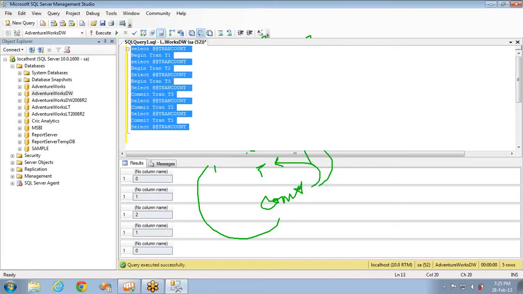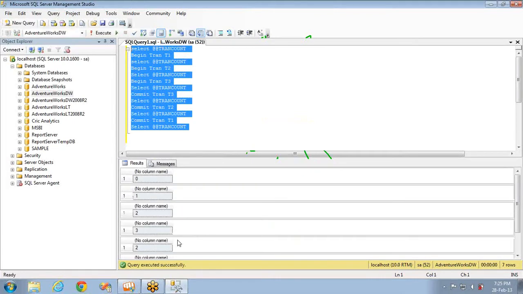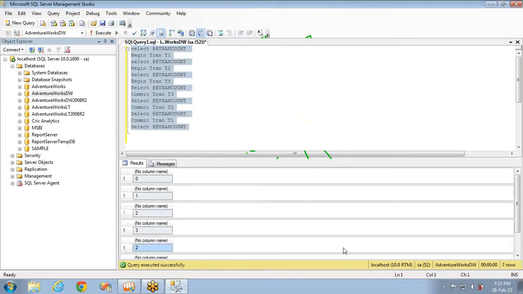Now it will be 0, 1, 2, 3 and 2, 1, 0. So you are having nesting transactions here. First it will show 0, then 1, then 2, then 3, and then as it is committed, it will be 2, 1, and 0.